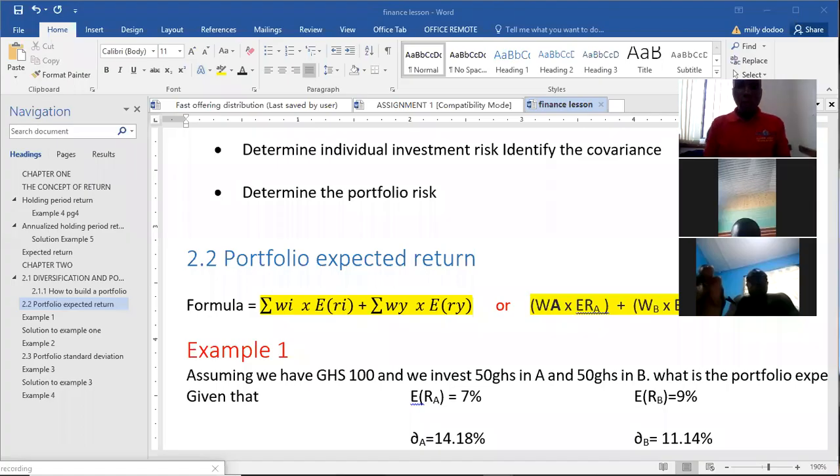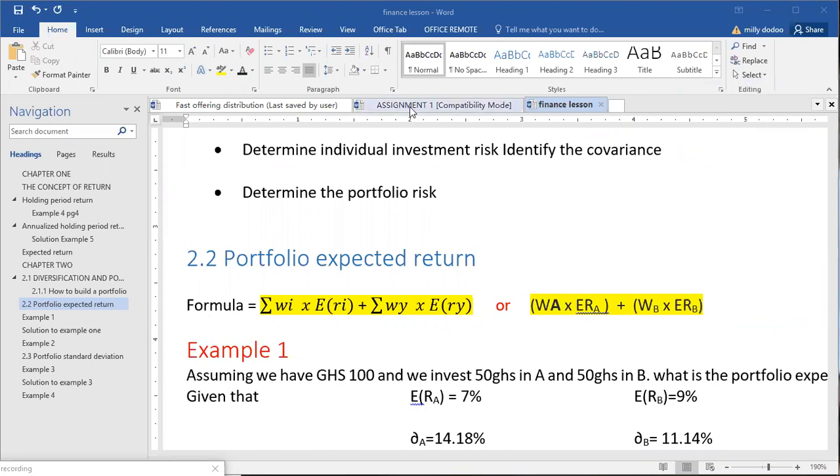Let's move on. So we are talking about the portfolio expected return. In an attempt to find your portfolio expected return, you should be able to know your individual expected return. So from our illustration 1 or from chapter 1, that particular illustration there, we are going to bring it over